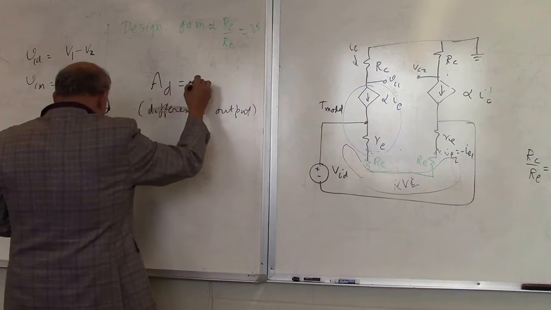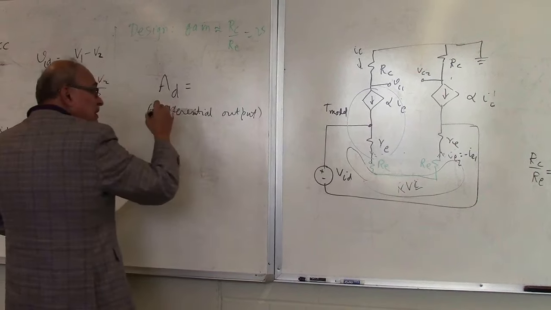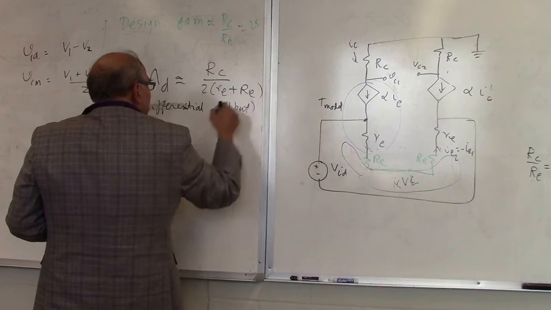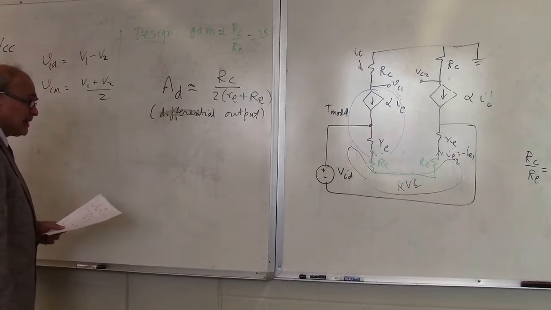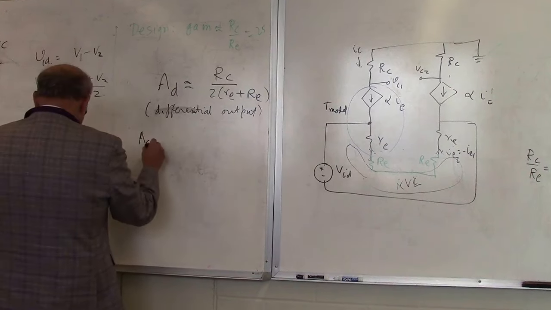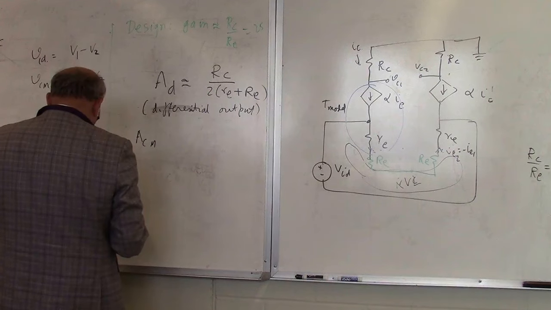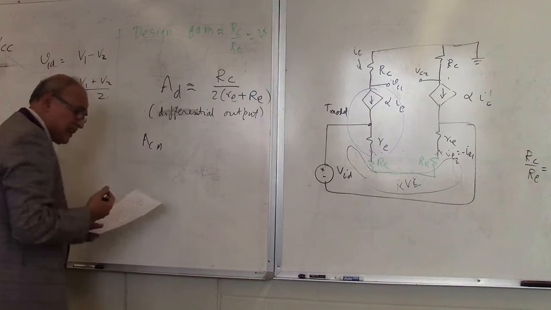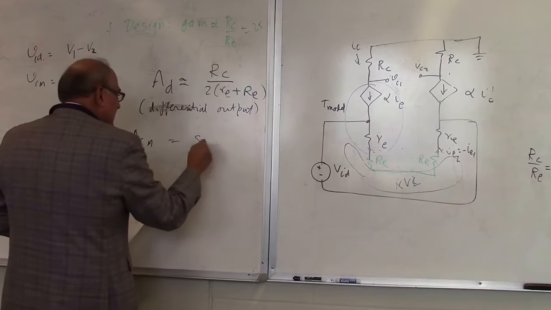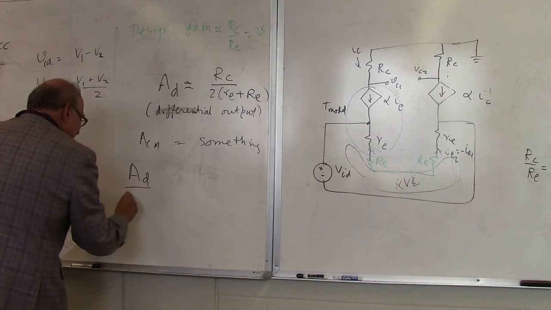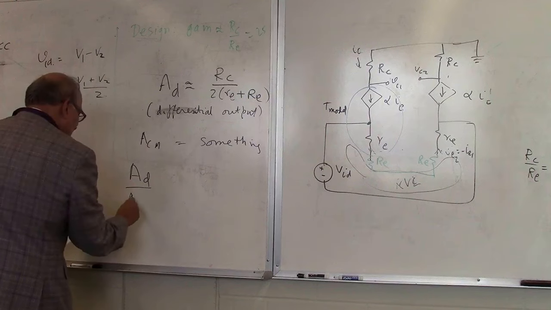So this is going to be equal to, what did we say it was? We had a formula for it. Approximately RC divided by 2 RE plus small re. And you can even ignore the small re. Alright, so this is the formula for AD. And the common mode gain, ACM, happens to be, unfortunately I didn't write the expression for this. But if you take the ratio of the difference mode gain to the common mode gain,